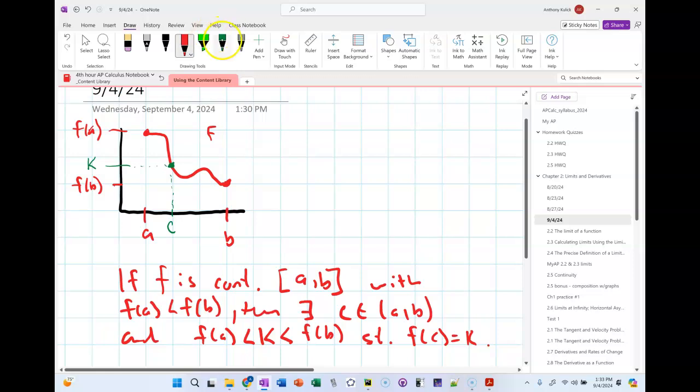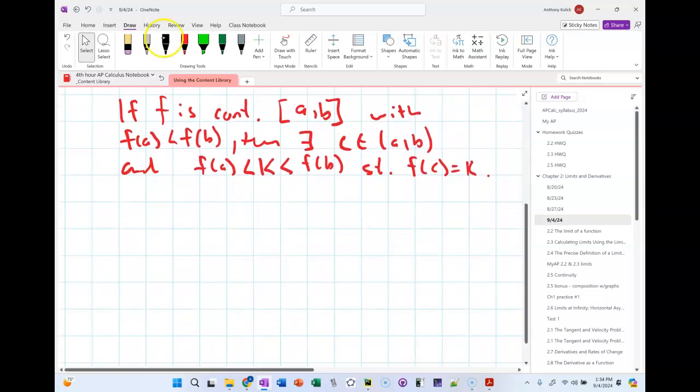And it's just saying that if I have some function that's continuous over some interval, and the y coordinate at the start and end of the interval are different, then if you pick any y in between those two, I can find some x on that interval that'll output that y. So that's the idea. So like if I have, say,